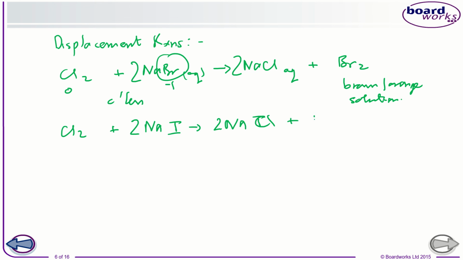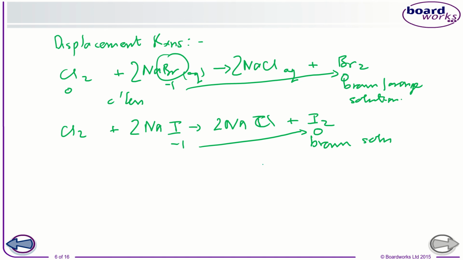We would see a similar reaction, where we would get a much darker brown solution produced here, where the iodine has again gone from -1, sorry, that bromine above, I should have said, it's gone from -1 to 0. This is also gone from -1 to 0. Again, this solution over here is also colourless, and the brown tells me that I have made some iodine, therefore proving that the iodide ion has been oxidized to iodine.